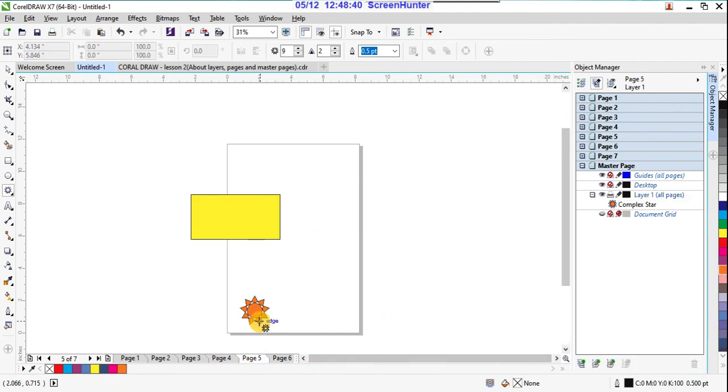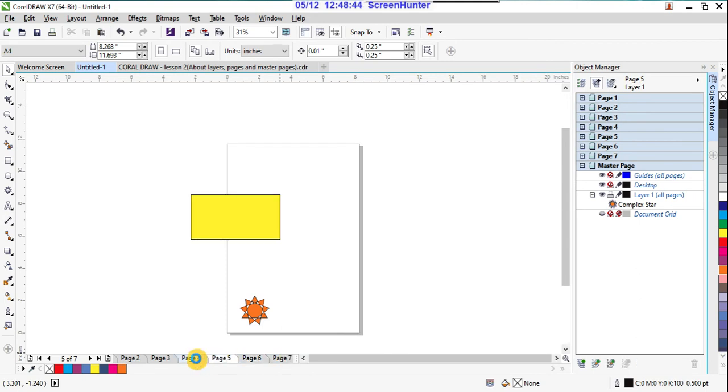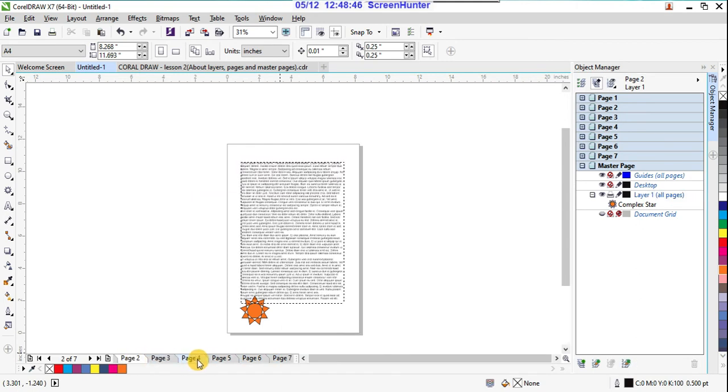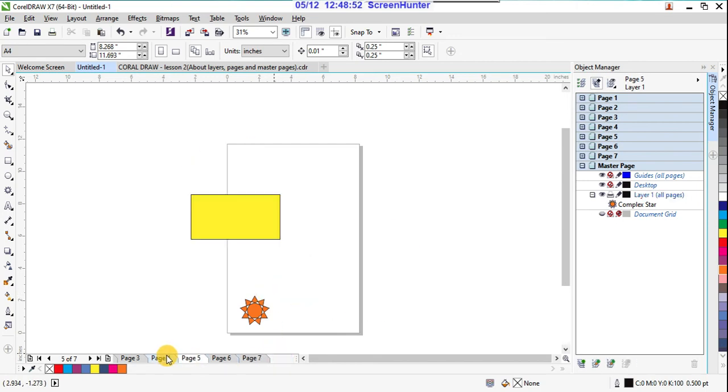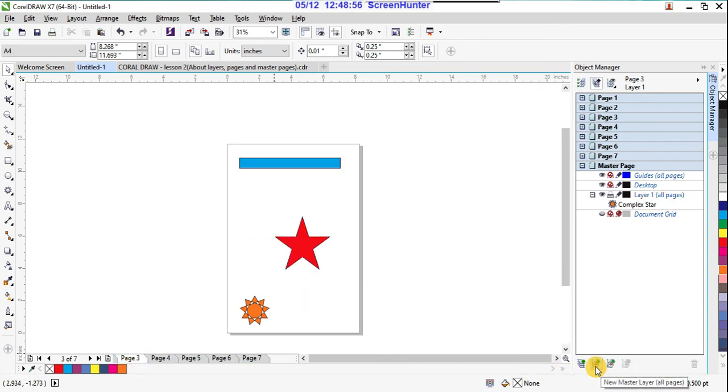And if you observe here, it is already added to all pages. Actually I created it in the fourth page, but it is already added to all pages because I used a new master layer for all pages, right? So because I added this complex star in the master layer, automatically it is included in all pages, right?